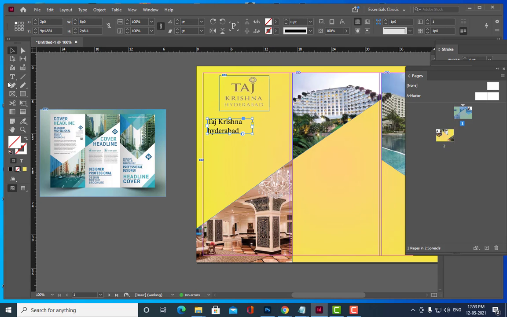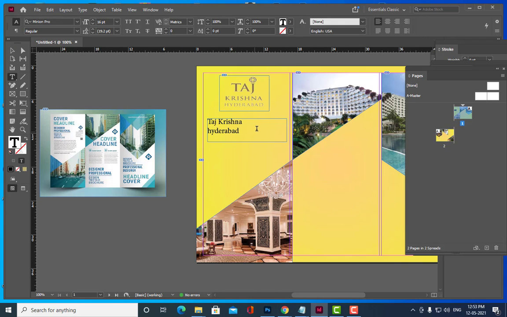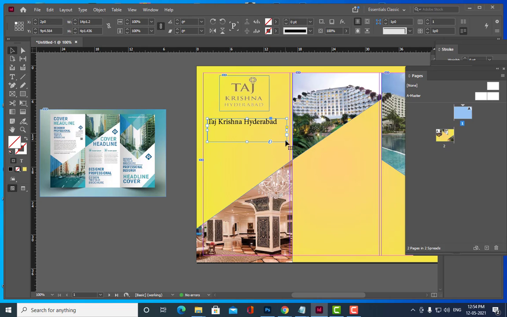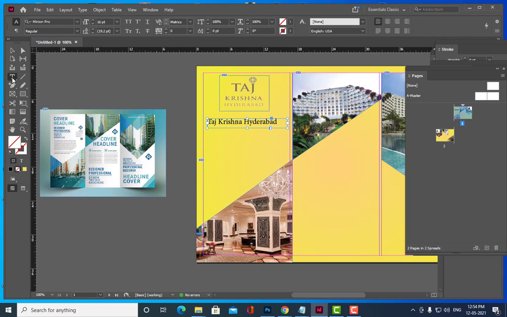I want it to be in one line. Why is it not coming in one line? So we'll just center align this, okay?